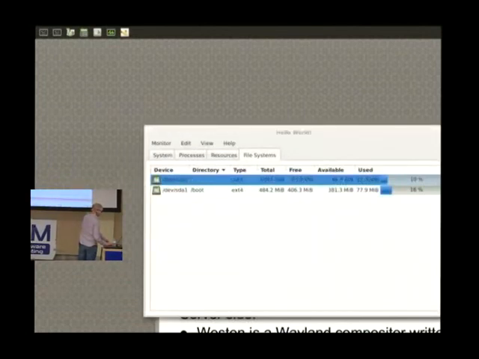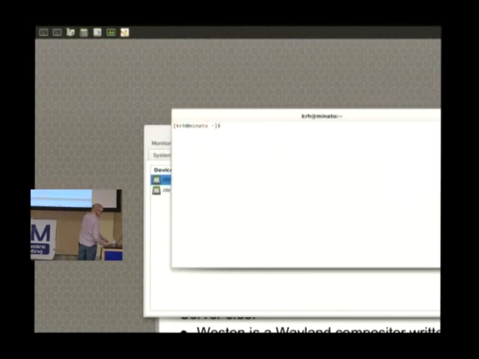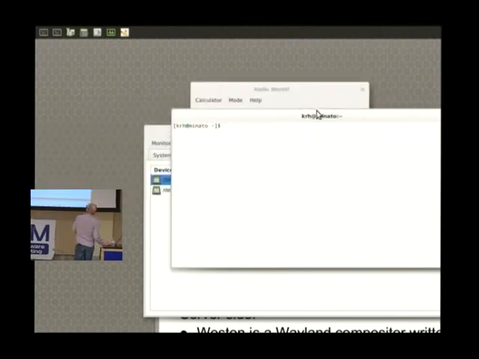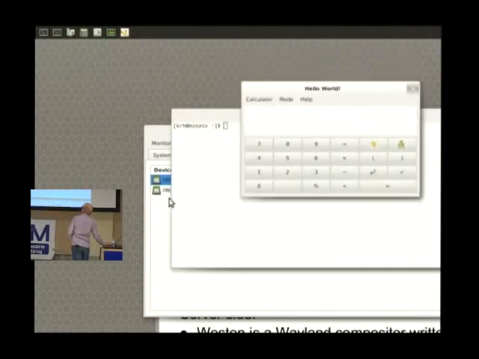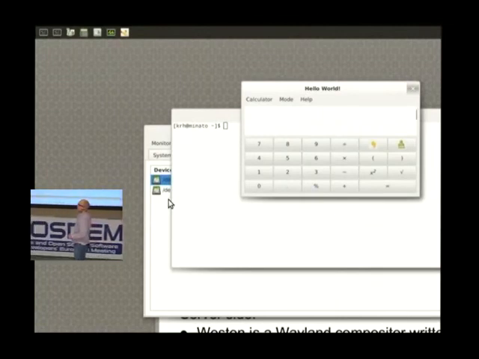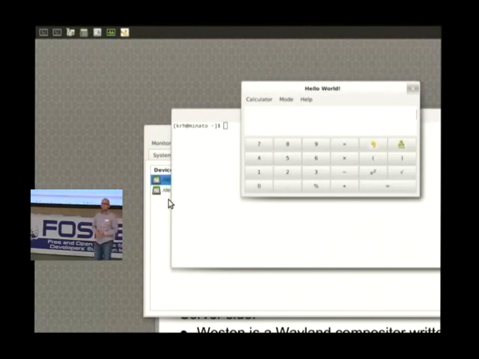This is GNOME terminal, and there is a calculator. So it's 10,000 lines of code that lets you run a compositing display server and window manager.